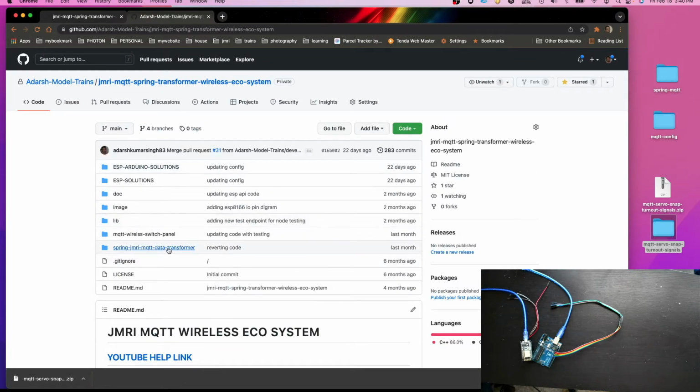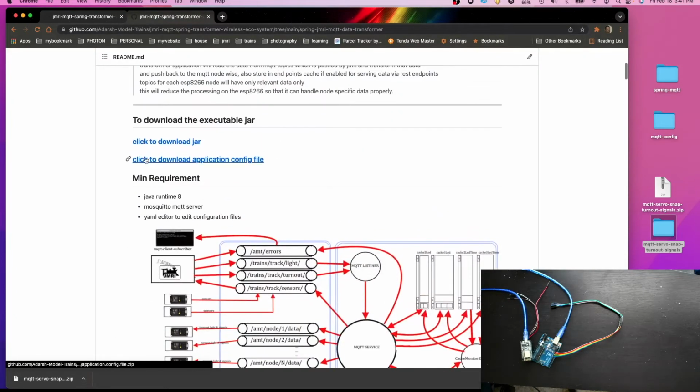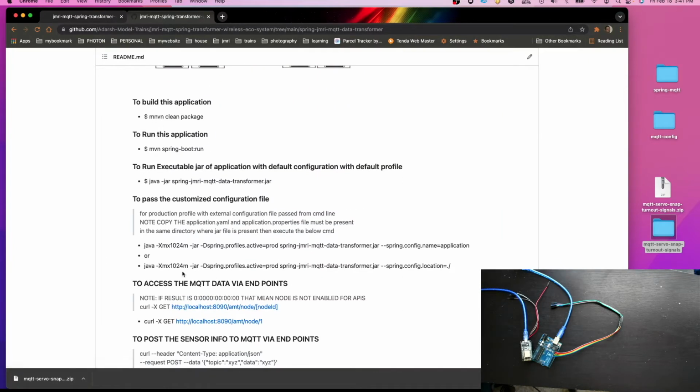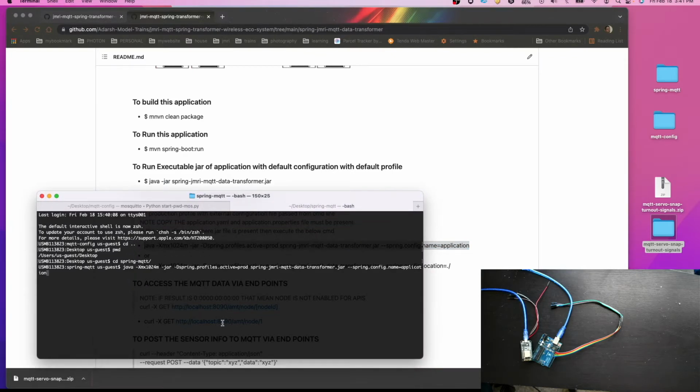So we'll go into the Spring Transformer readme page, from where you can download the jar file and configuration file, and you can do the changes. If you are following me since the first video, you will be very well aware of how we can do all those things. So here's a command, but before that, let's